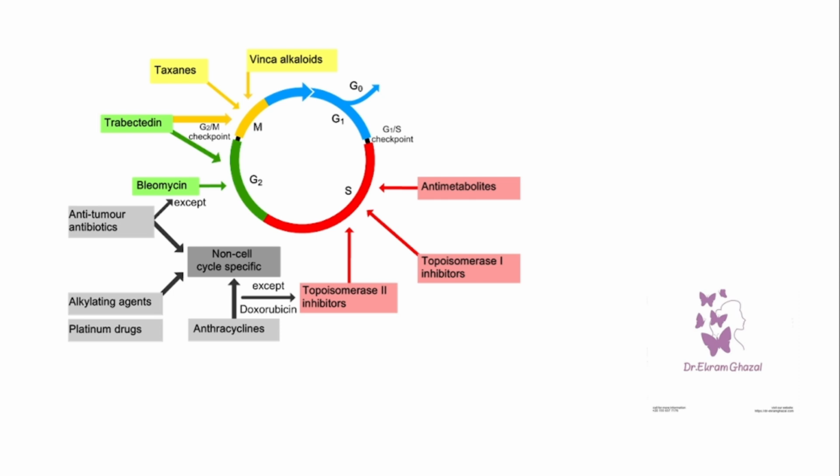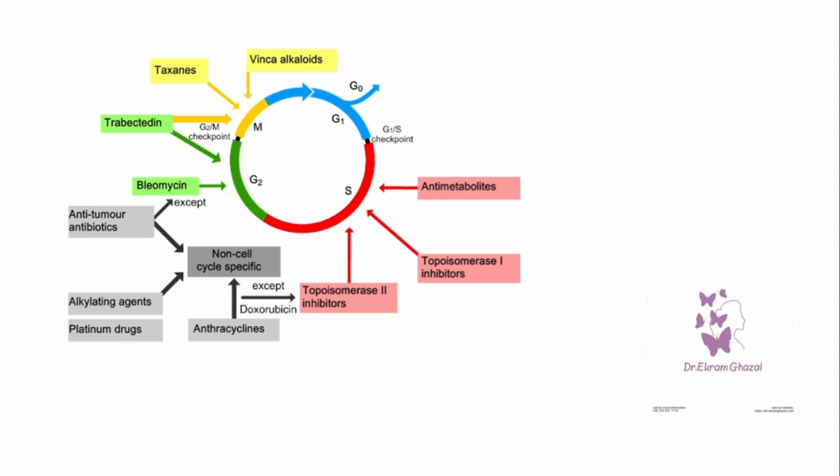So let us discuss the cell cycle specific drugs. For G0 and G1, nothing will happen. For the S phase, we have antimetabolites, topoisomerase 1 inhibitors, and topoisomerase 2 inhibitors. As we explained before, topoisomerase 2 inhibitors like doxorubicin are anthracyclines, and topoisomerase 1 inhibitors and antimetabolites include methotrexate, 6-mercaptopurine,